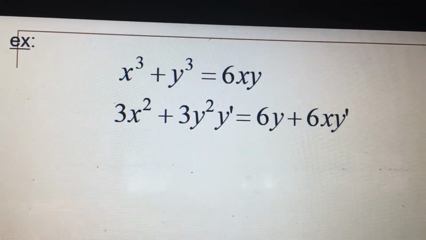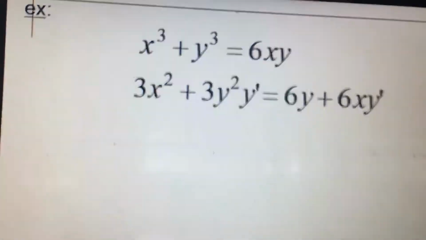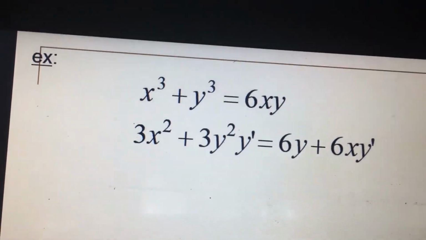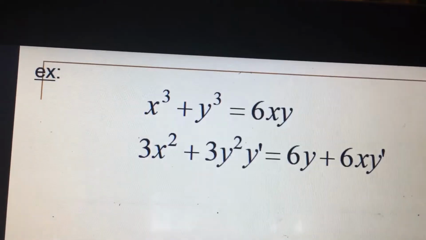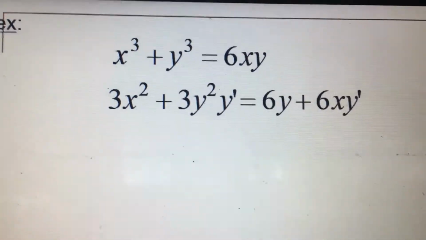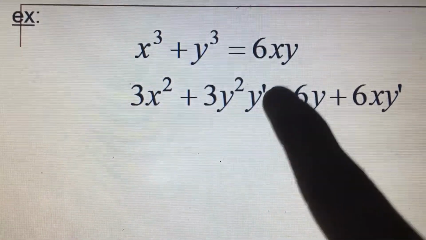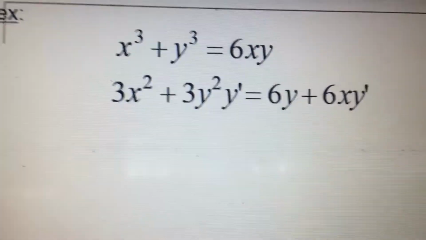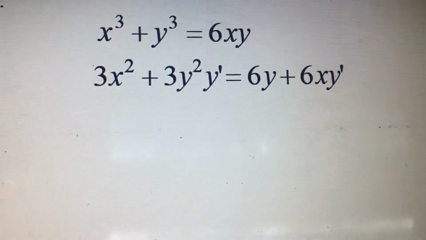So, we are going to use the product rule. X times y. Xy is the product of x and y. So, it involves multiplication. So, you are going to use product rule. And the result of that one is y plus xy prime, times 6. Since there is a constant 6, you are going to distribute the 6. Okay? After this kind of process, you are going to